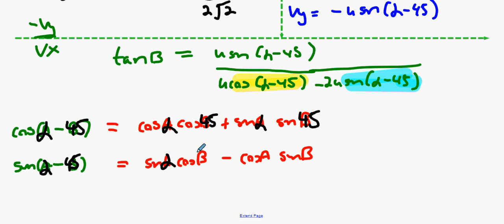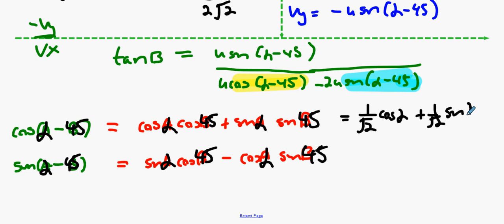Now let's see what happens. I believe we're going to get 1 over root 2 cos alpha plus 1 over root 2 sin alpha. And then on the next one, I'm going to get 1 over root 2 sin alpha, and then minus 1 over root 2